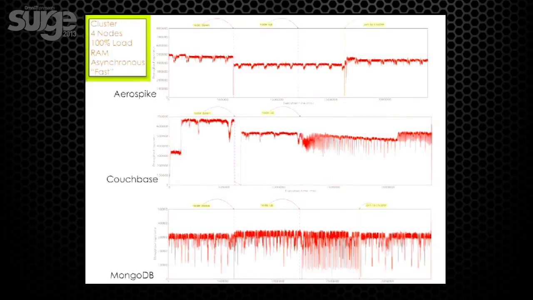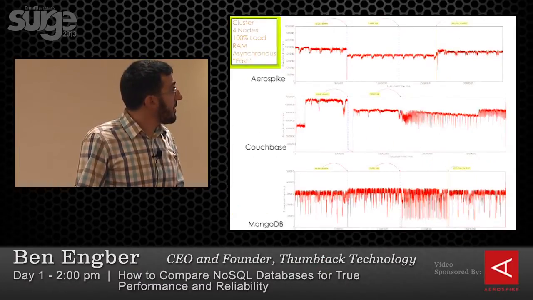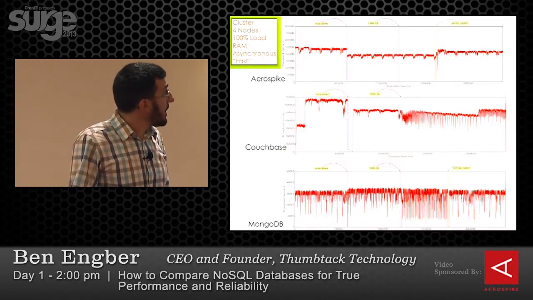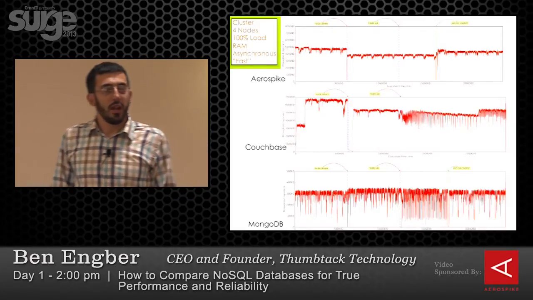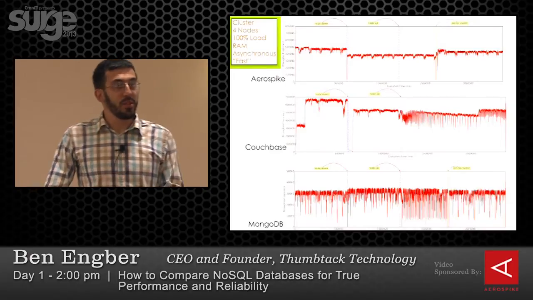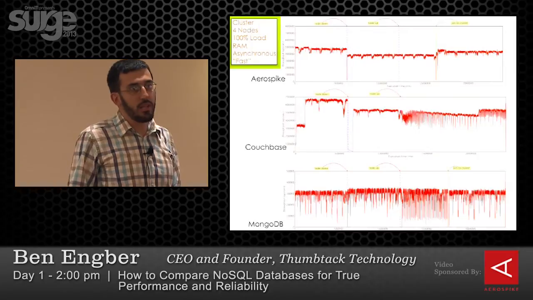All right, so in these graphs again, what you see here are the red lines are the throughput in operations per second of the cluster. Now in this graph here, we're just taking a cluster of 4 nodes here, and we are essentially obliterating it. We're just flooding it with traffic at its absolute maximum capacity, and then we're bringing a node down. Now I've got a million of these graphs. But I'm just going to focus on some interesting cases here.